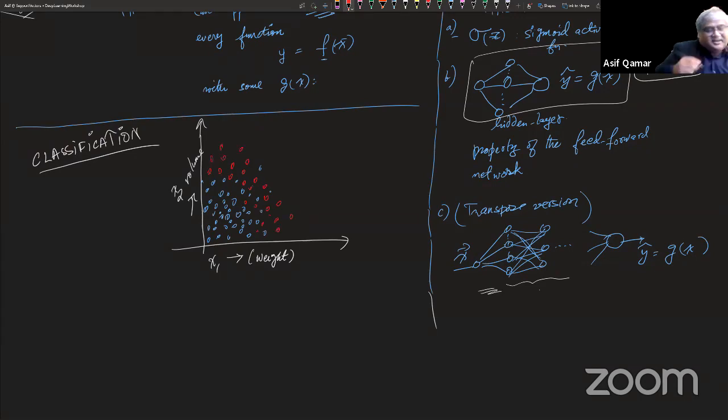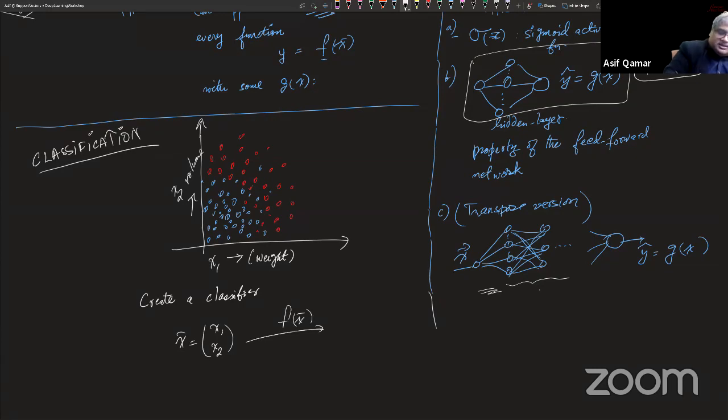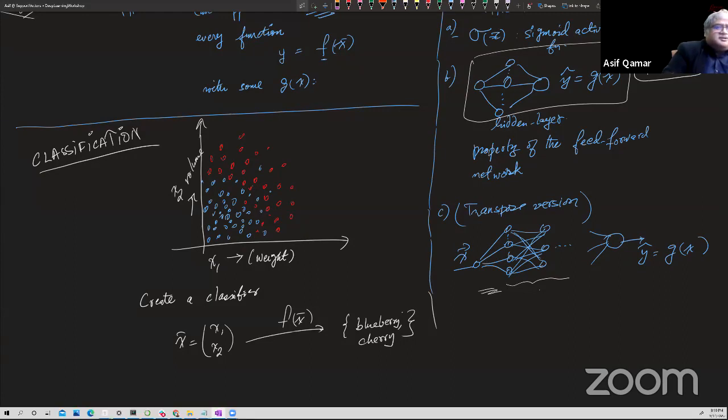When you have data like this, I ask you this problem: write a classifier. The problem statement is create a classifier that can associate, given x1, x2, that is the x vector, it will map it to f(x), to what? A set of either blueberry or cherry. It will pick one or the other. Are we together? So now you say, well, I know one of the simplest ways we can do that is